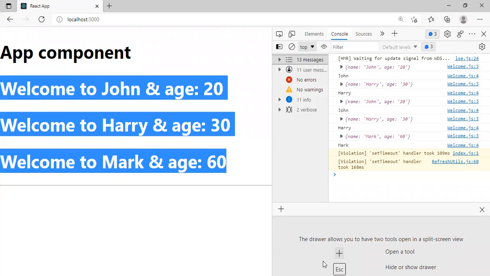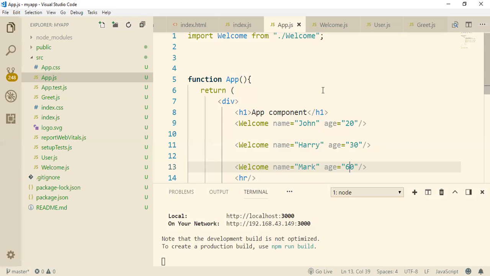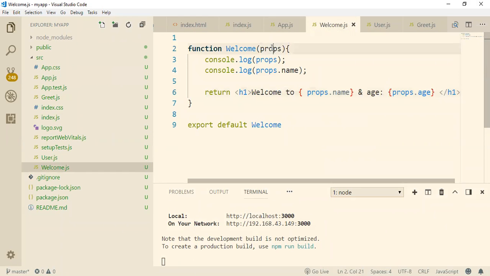Whatever information we pass from the parent component to the child component, the child receives in the form of props. You can read that information, but if you try to modify it, you can't. So props are read-only.